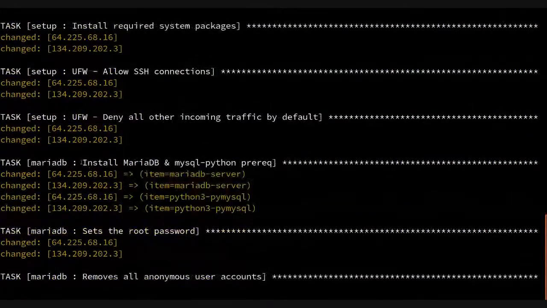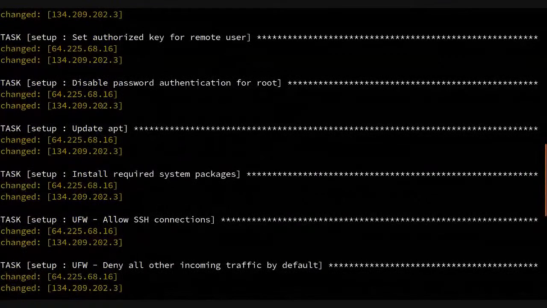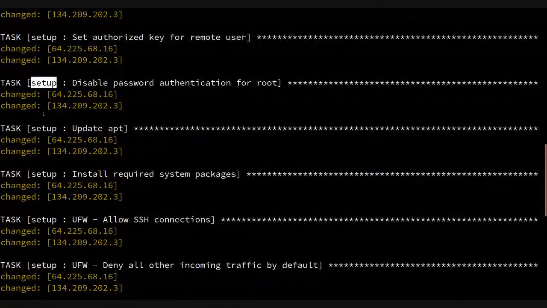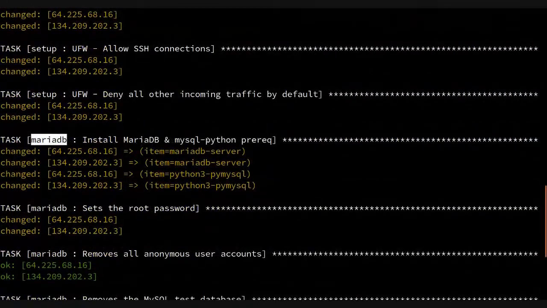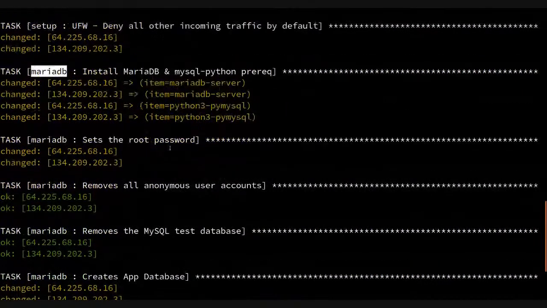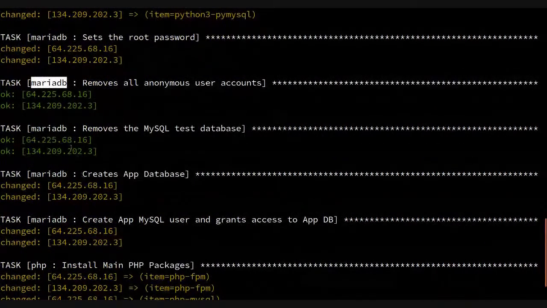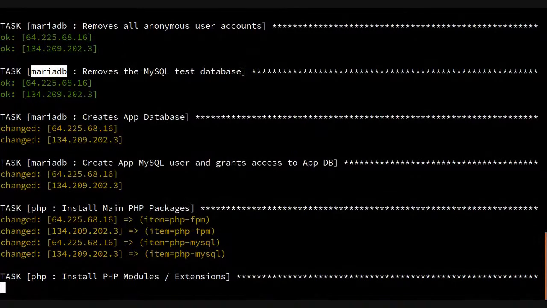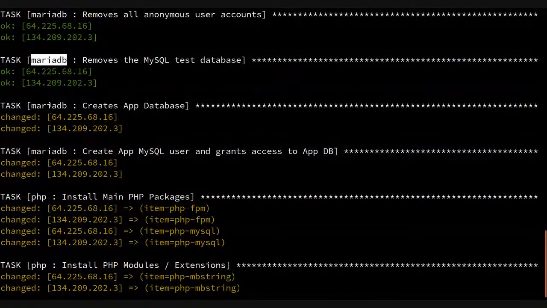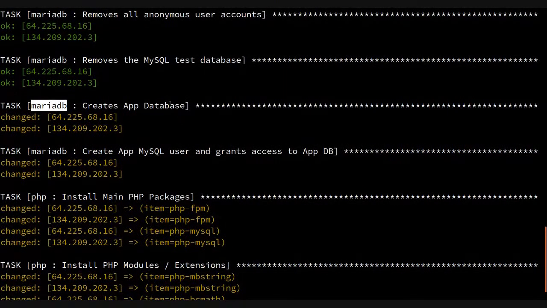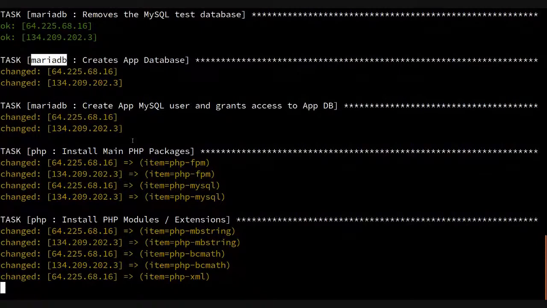And now I am installing, so this was the initial server setup role. Now I'm on to the setup role here. So now I'm on the MariaDB role. It installed prerequisites, set up the root password, removed all anonymous user accounts, and removed the MySQL test database. So these are some security measures. And then now I am here in this task creating the application database, and then creating the MySQL user,